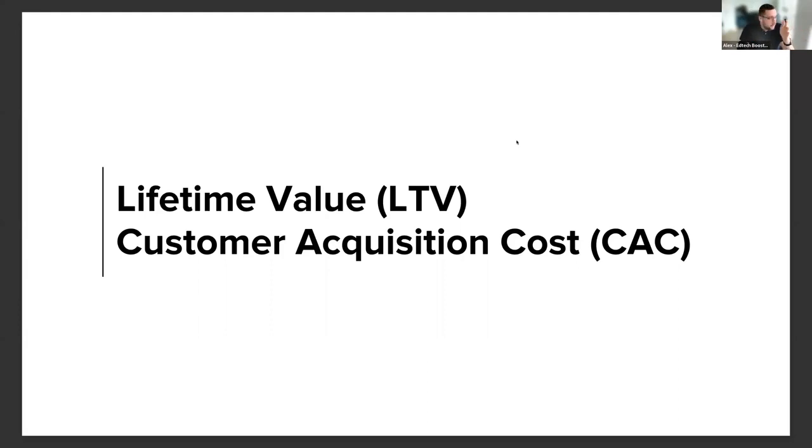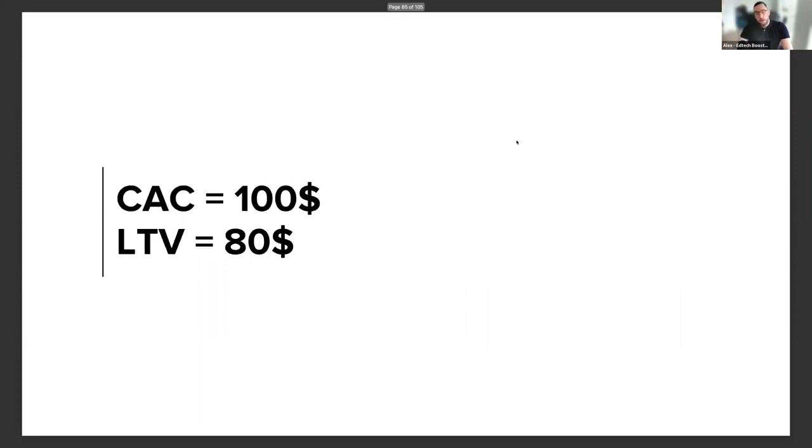You can also Google it, but if you speak simply, it's just the amount of money which you pay to acquire a new client. Let's say you go to a market and you pay some amount of money to get new clients. If you use marketing, this is how much it should be, the number which you pay for every new client. And it turned out in my model that my CAC, my customer acquisition cost, is $100. So to acquire every new client I pay $100, but I make only $80. So it means with every client, I lose money.